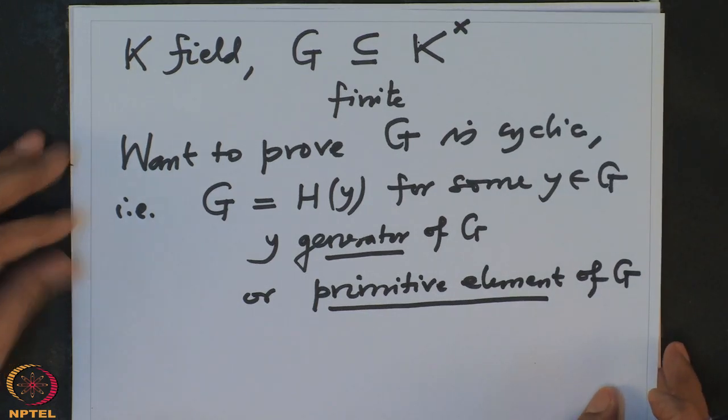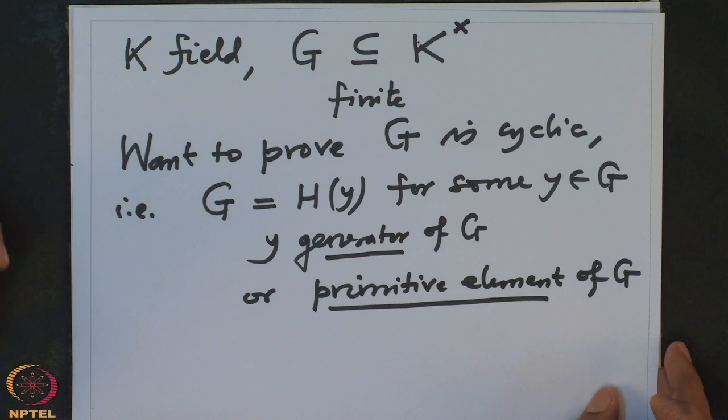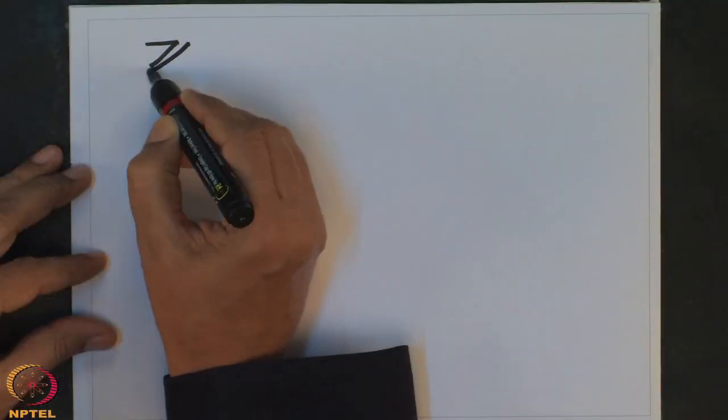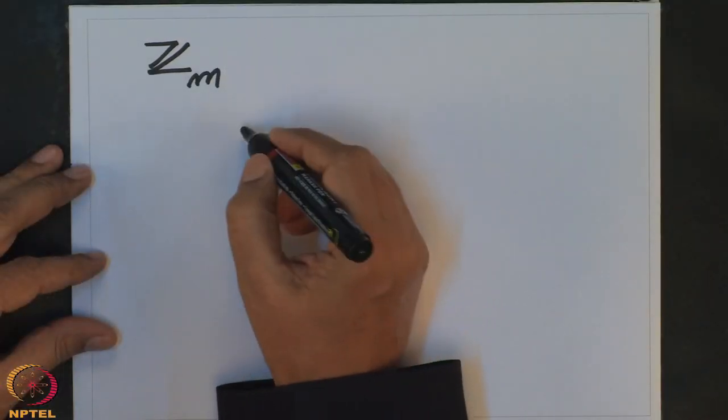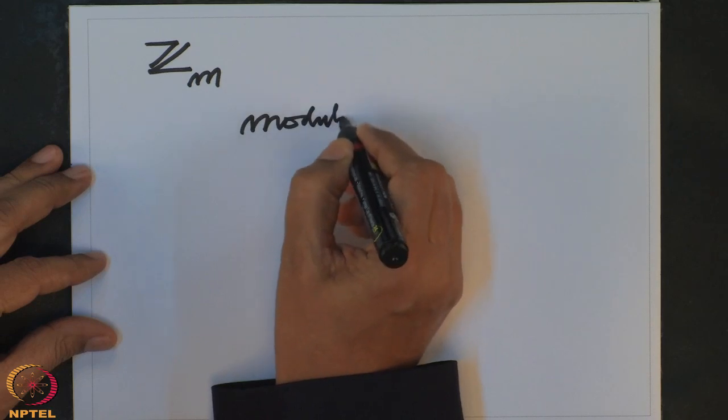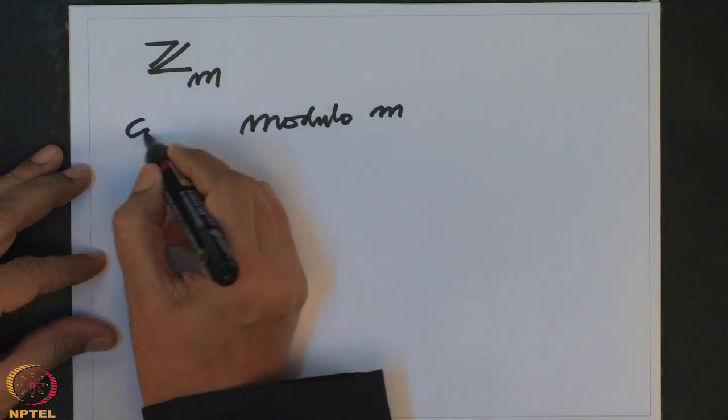But for the proof of this, we will need some preliminary results on finite groups that I will recall. Some of them I will recall with sketches of proofs, and some without proofs. So for example, let us start with a typical finite group. For example, we have seen Z modulo M, with congruence modulo M operations.